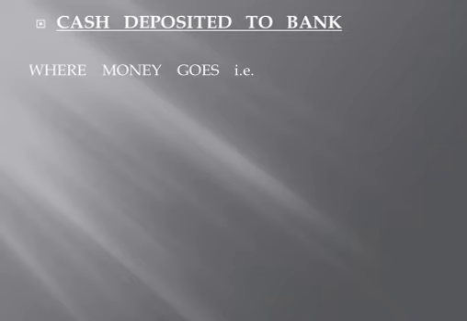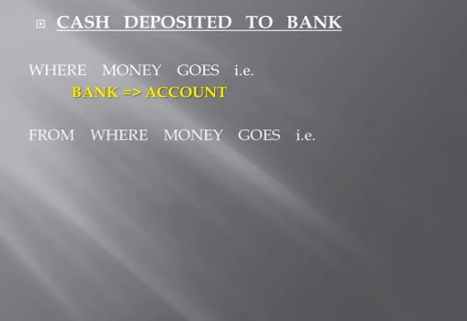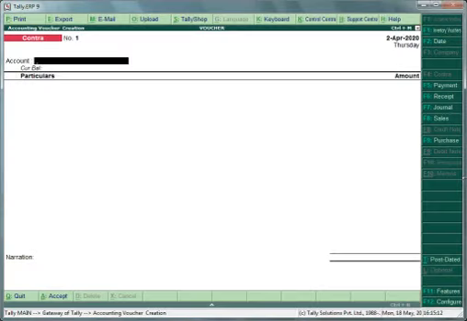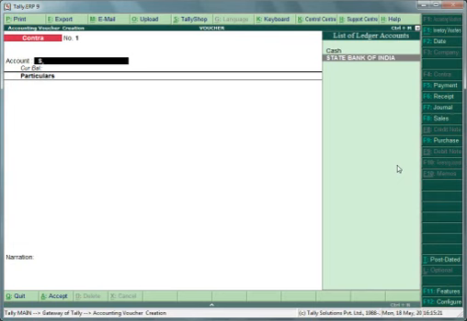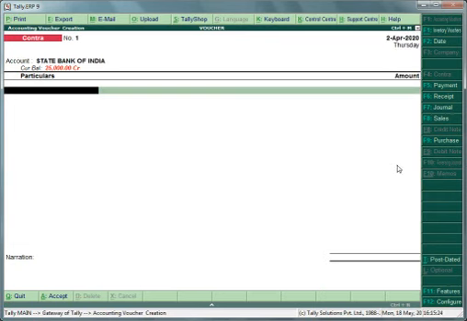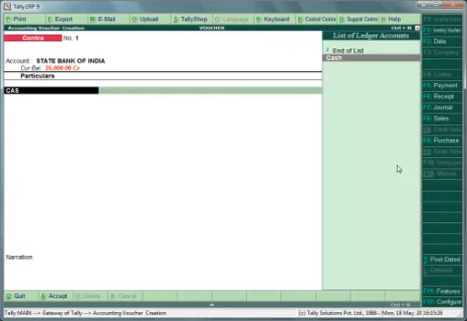Money goes to the bank, so money is put in the account. And from where does the money come? That is business or cash. So we put cash in the particulars column. So in the account column, we put just the bank name, suppose SBI, and in the particulars column we put cash.